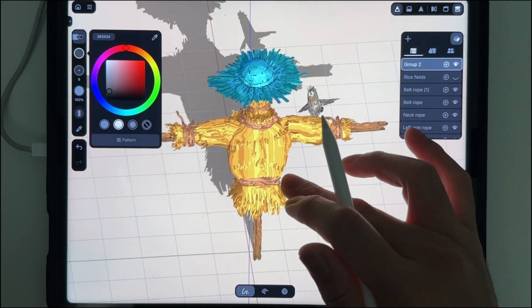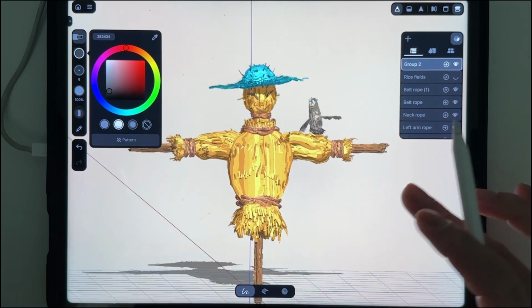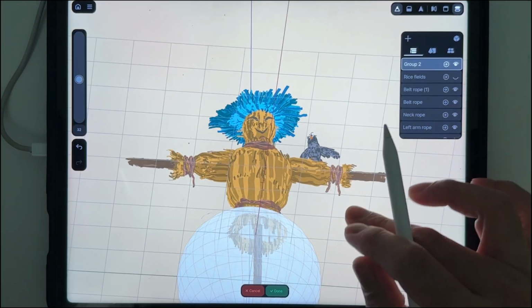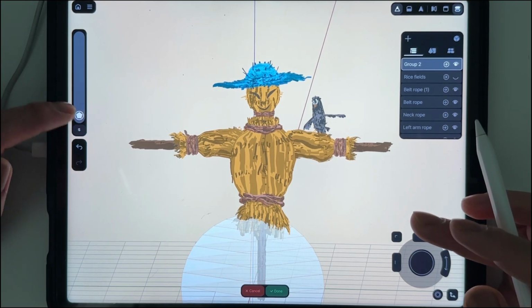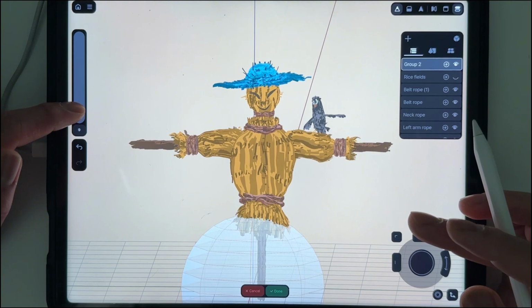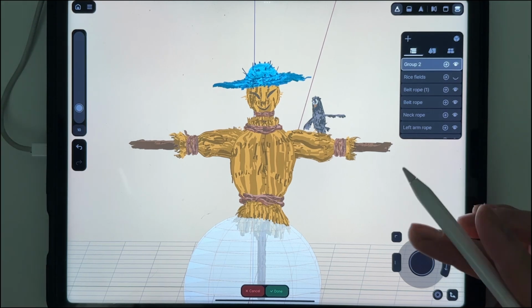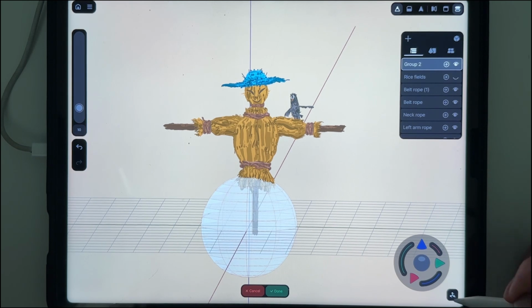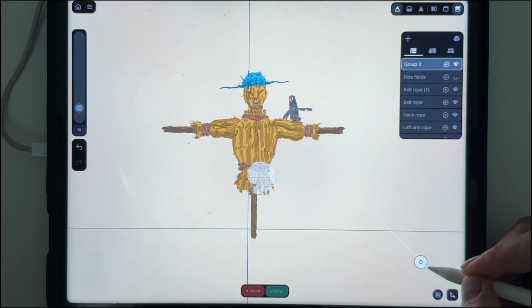Yeah, I will add one more here in front of that scarecrow. So add spear, put it in 10, maybe 10, and then I will resize it here,